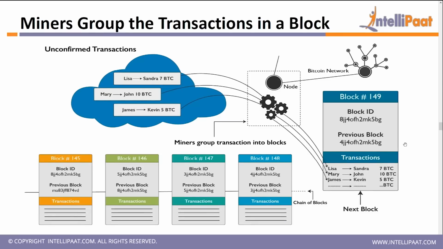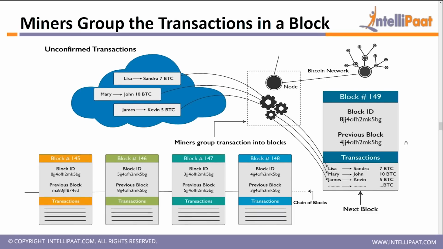So since we now know how a transaction is initiated, recorded, validated, and then stored in each node's register, we need to understand how miners group the transactions into a block and how they commit them into the existing blockchain. From the figure, you can see that there are multiple unconfirmed transactions. You can see new transactions that are not already committed to the block or blockchain, for example here,